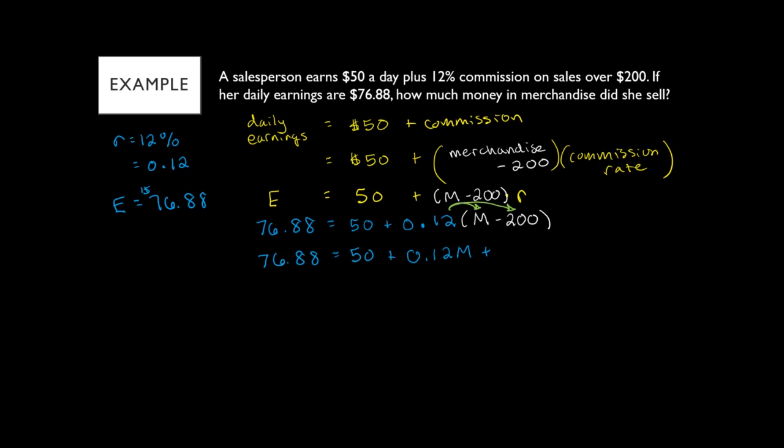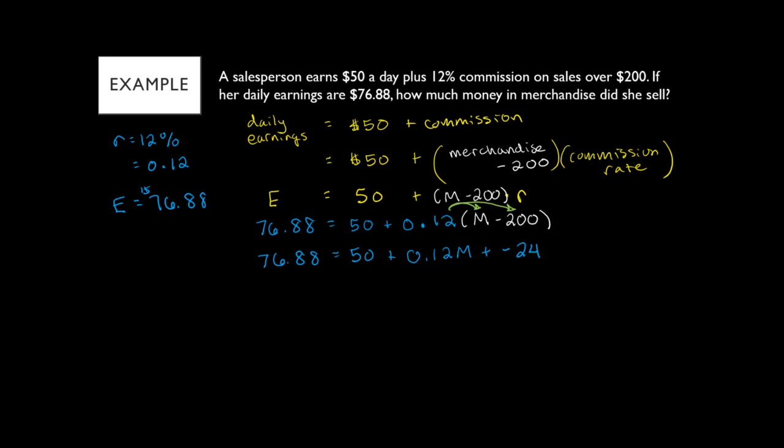So I'm going to pull that up on my calculator. That gives us a negative 24, which is the same as subtracting 24. So if you write, like it says, minus 200, you're subtracting 200, that's the same as a negative. So I just put a plus between each of these, and then if it's negative, I put a negative sign there. So we've got 76.88 equals 50 plus 0.12m plus